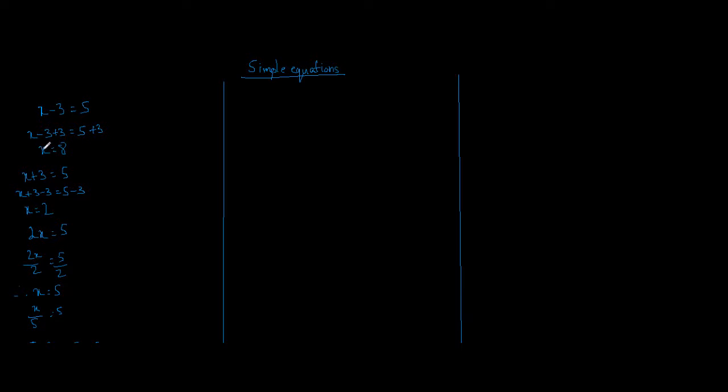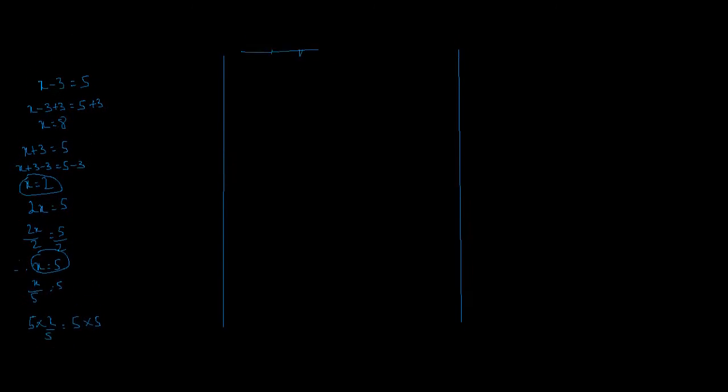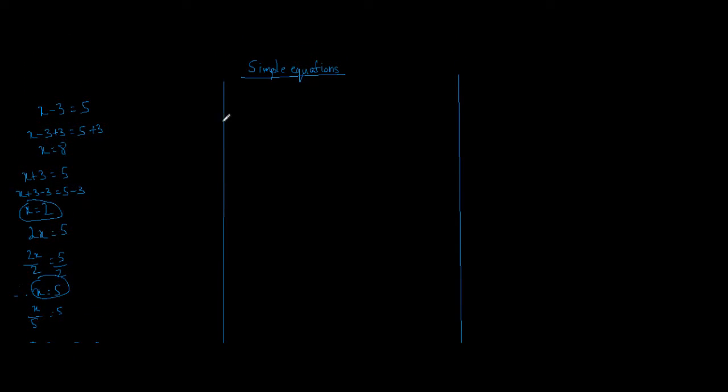That's why I made it x equal to 8 by adding 3 on both the sides. I did a similar operation next time again and just kept x and only x on LHS to get the value of x equal to 2. Same thing I repeated to get x equal to 5 by 2 in the next equation, and again x equal to 25 in last equation. Now let's try to write a fresh equation.